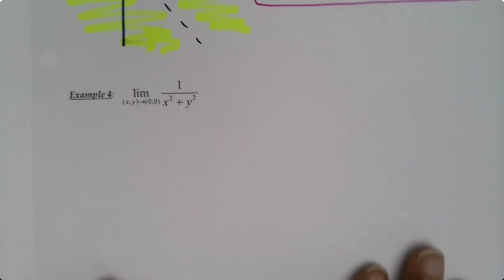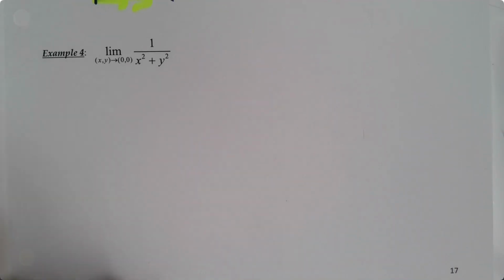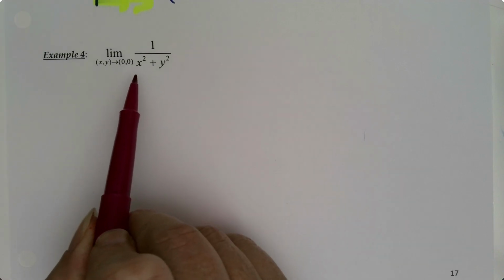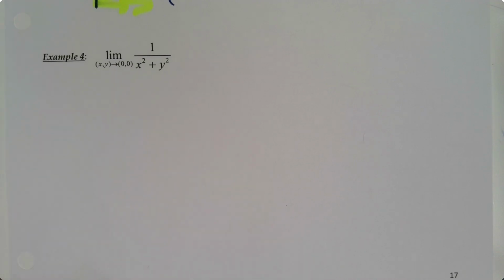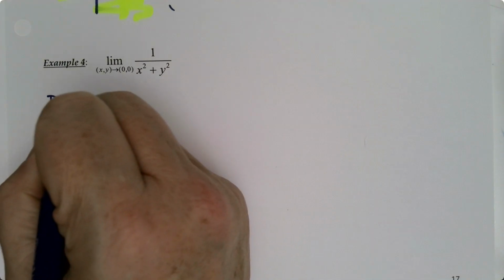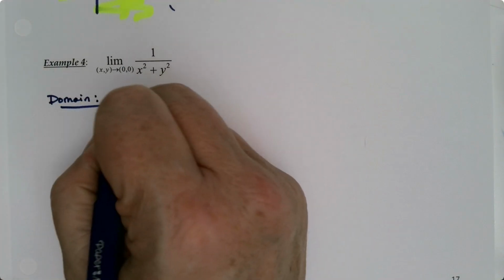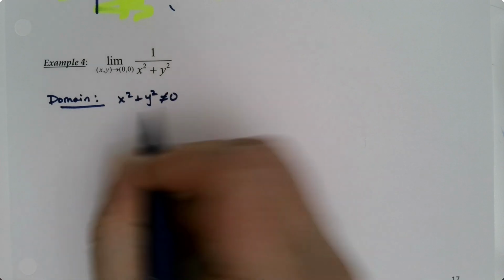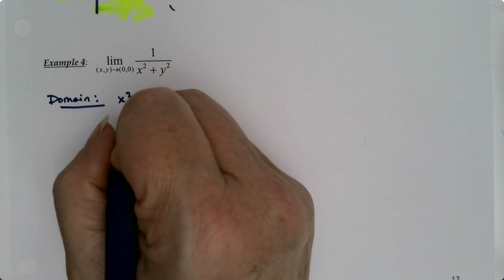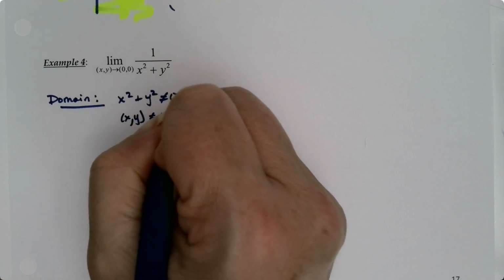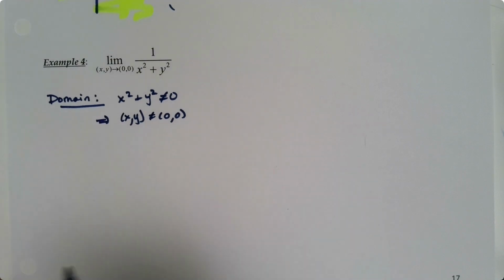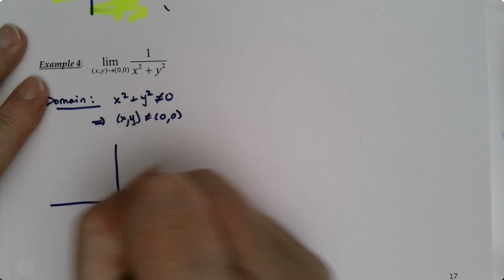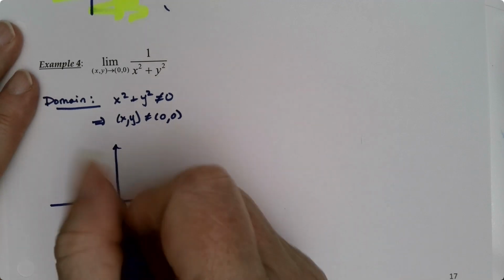Now let's look at the second example here. Okay, well, x squared plus y squared isn't really a problem, because it's not going to give us division by 0 except at one point. And wouldn't it be the darndest thing, except that is the point we are looking at. So the domain will be x squared plus y squared cannot be equal to 0. And the only way that happens is if (x, y) is (0, 0). So this might seem like a problem, and it is. So our boundary is just this point,